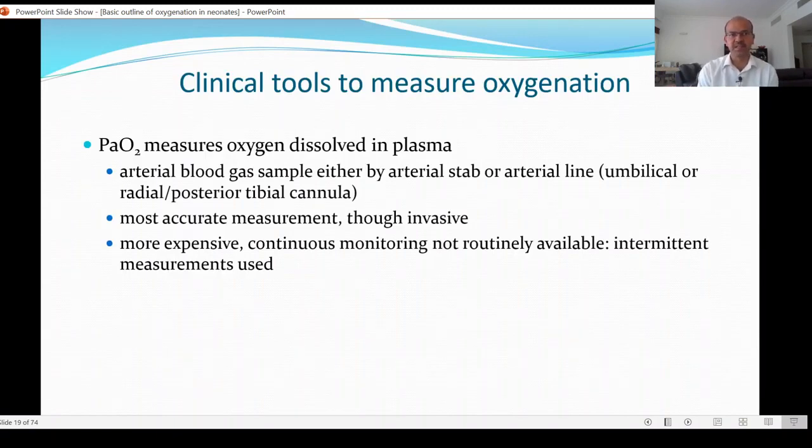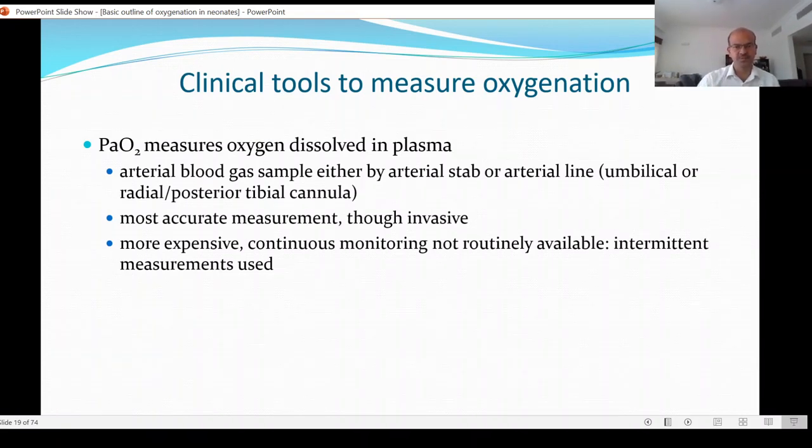So we can have the partial pressure of oxygen. This measures the oxygen dissolved in the plasma, and as we discussed in the previous video, this is a very small proportion. An arterial blood gas sample is usually used to measure this PaO2. And we can do the arterial measurement either from the umbilical or radial or posterior tibial cannula. The most accurate measurement of oxygenation is the PaO2, and it's a little difficult technically as it needs an